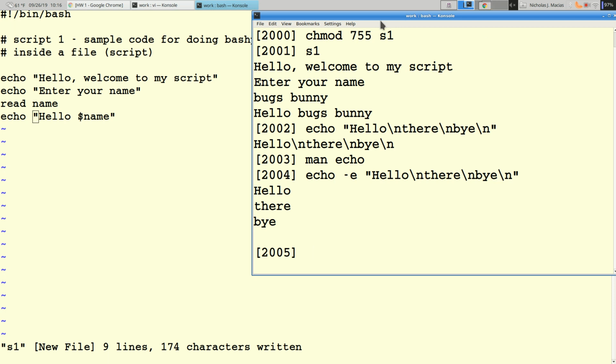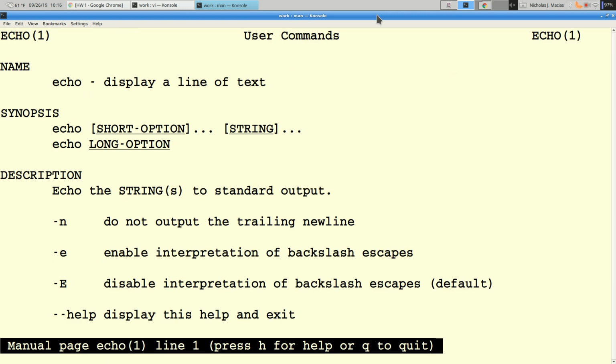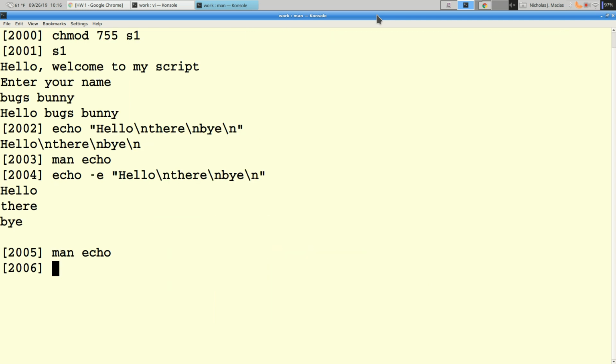So what I did was the manual command, man echo, which shows me information about the echo instruction. There's not a whole lot to echo. There's a -e, which we just discovered. There's also this other switch -n, which says do not output the trailing newline. And that's kind of useful,